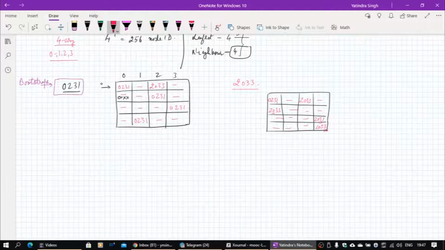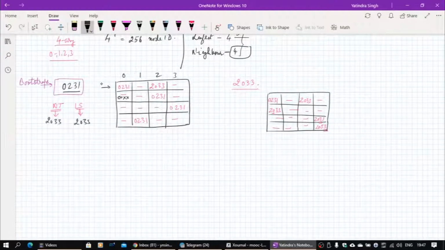Now these also need to maintain their neighborhood tables. This node has to have a neighborhood table which needs to be populated. It also has to have a leaf set. In the beginning there is no entry, but once it comes to know of 2033, that's the only entry which can be populated. So it will be 2033 here and 2033 here. Similarly, this node will maintain a neighbor table and a leaf set. The leaf set will be 0231. Obviously, there is only a bigger one, and I can keep 4 entries, remember. And this entry will also be 0231.